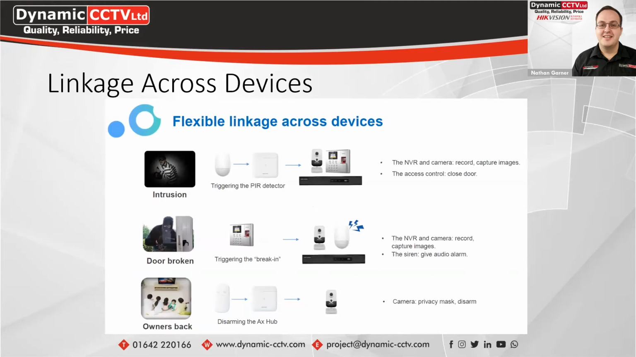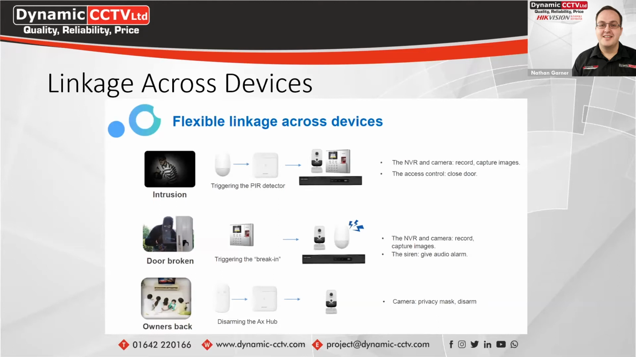gone to the hub, which has then gone to the cloud servers, and then the NVR is triggered to capture images, and the access control has been set to close the door. The bottom one there, the owner returns to the home and disarms the AX hub. That means that the internal cameras' privacy masks are enabled, and recordings are disarmed as well through that, or any other linkage actions can disarm through that function, which makes it really powerful and a lot easier for customers to